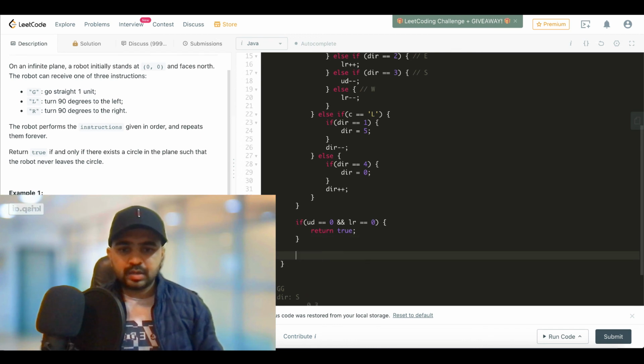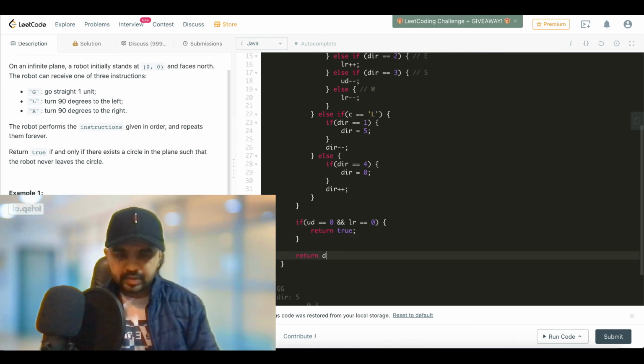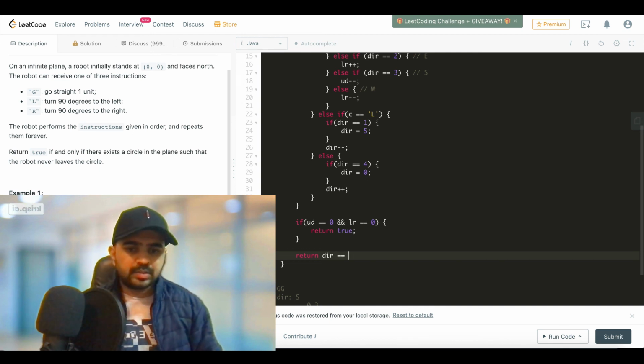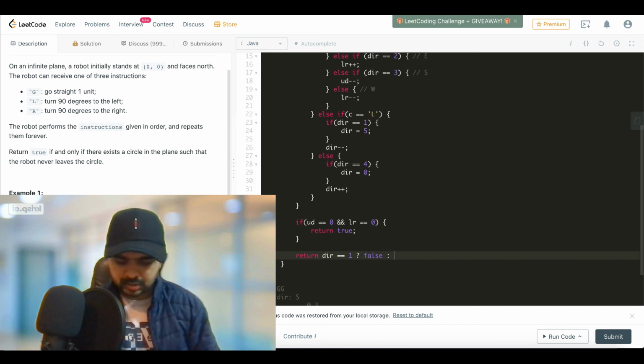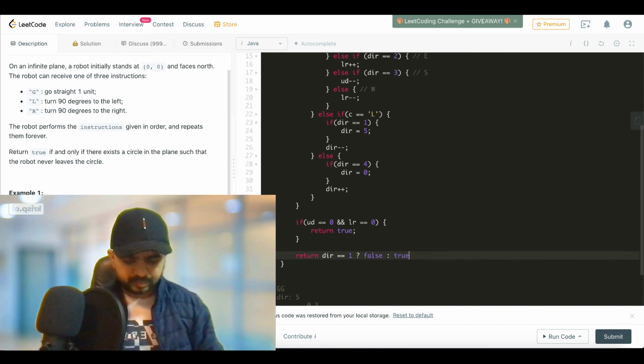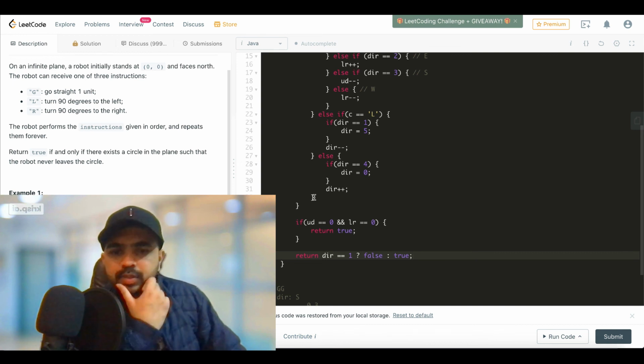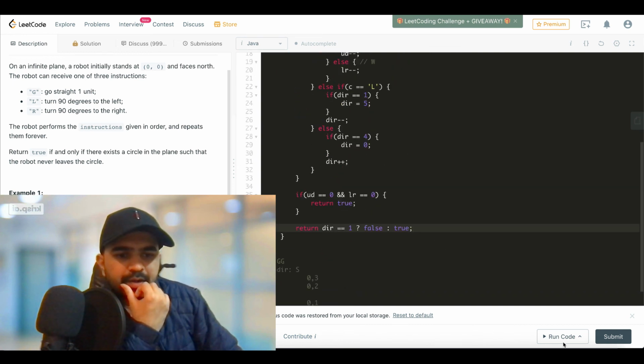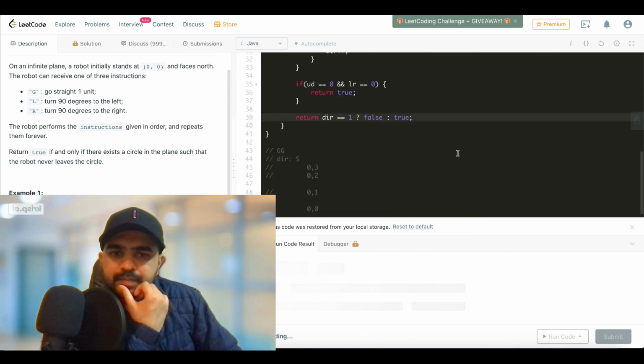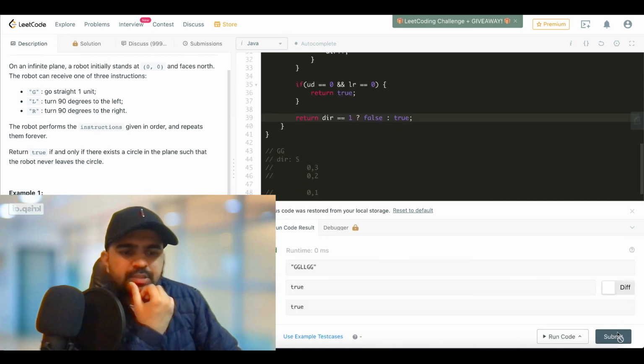Otherwise, we need to check, are we facing the same direction from where we started? So let's see if dir is 1, because 1 means north and we started from north. If dir is north, then just return false. Otherwise, return true. So this looks good to me. Let's try and run it. So this works. Let's submit it.